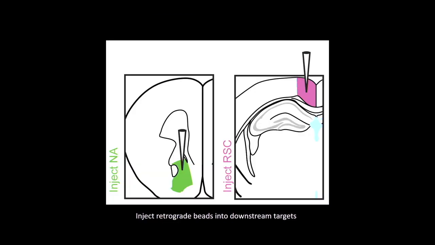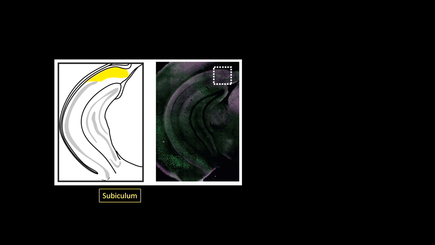We can begin to address this question from the perspective of next-generation RNA sequencing. Here in a given animal, we would inject 2 downstream targets of the hippocampus with different colored retrograde beads. For example, the nucleus accumbens, shown here, and the retrosplenial cortex, shown here. These beads are retrograde. They're picked up by the axons. They back-label cell bodies in the subiculum. At left here is a coronal section of the hippocampus, which includes the dorsal subiculum, our region of interest, shown